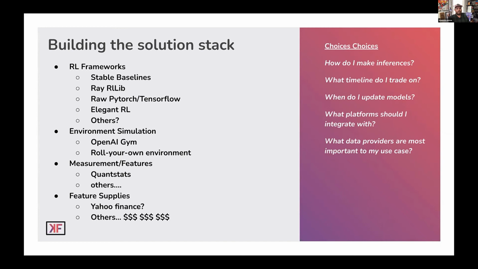The other one that's important specifically for finance is measurement and features. So financial terms are totally different than the machine learning lexicon. And I think that was actually an underestimated challenge of working in this domain, is that there are so many terms that have conflicting namespaces and so many terms that are very specific to financial instruments. So picking a package that is reliable and actually rigorous in ML terms and not just finance terms is an